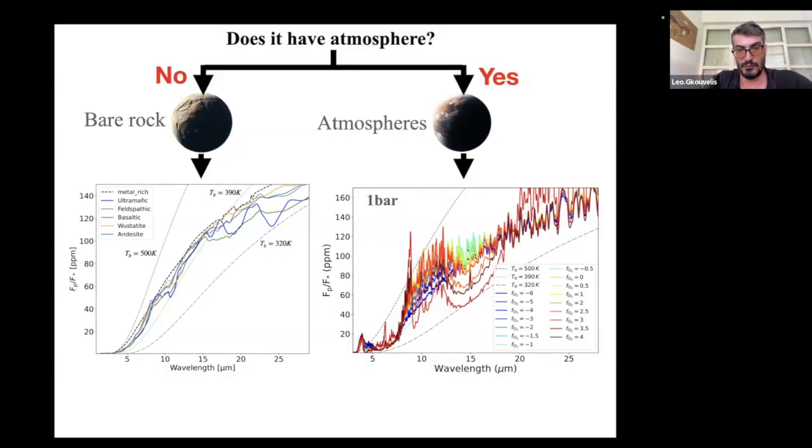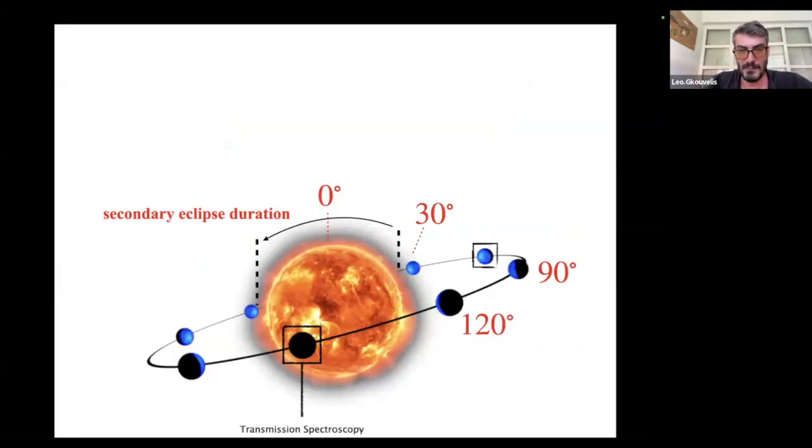Okay, I will not go into details here, but I'm going to attack the bare rock scenario first, right? As I told you before, in this imaginary system there is the host star and the exoplanet, and as it orbits around the host star, you can take observations at many angles. Of course, the current strategy is to take the combined spectrum exactly when the exoplanet is about to go into secondary eclipse, or even integrate the spectroscopy for some angles before the secondary eclipse.